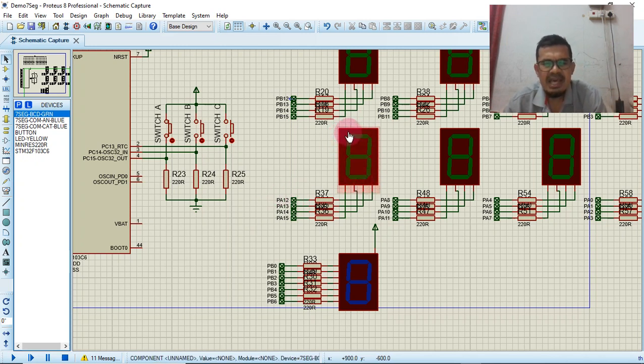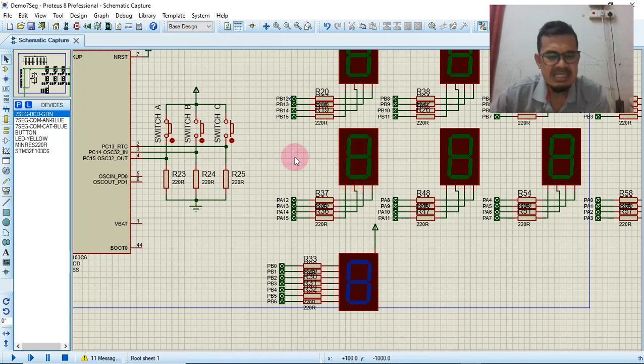And to display 5, we just give 5 in hexa, meaning 0 1 0 1, so that this seven-segment will display number 5. Okay, this is about the Proteus and seven-segment.